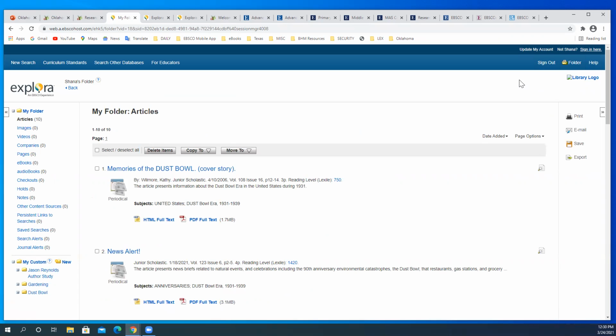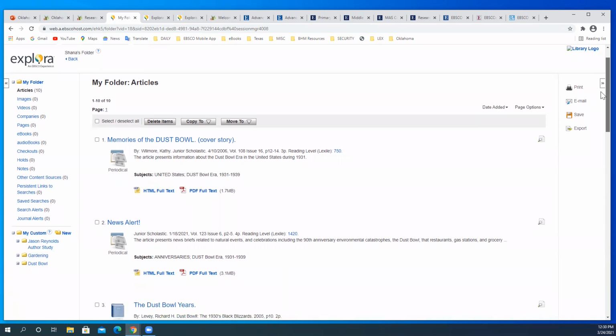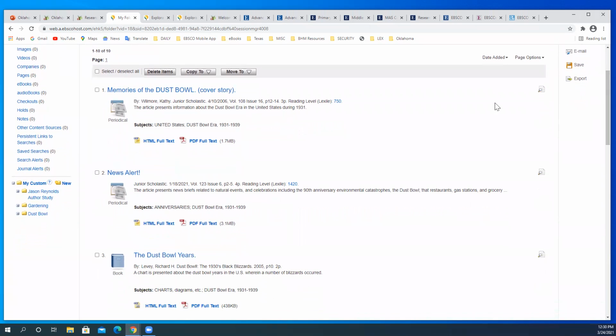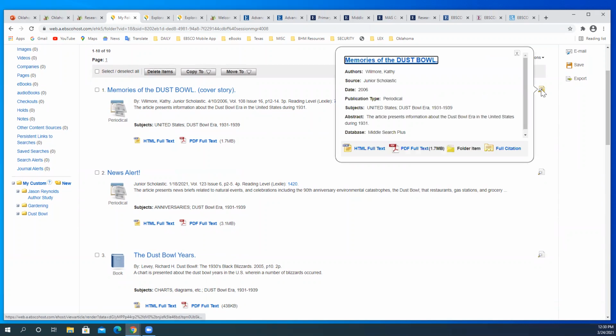And I've already saved some of those search results to a folder. I'm just fast forwarding to quickly move through the end of our session here since it's ending soon. You can see here that I have a number of articles from that Dust Bowl search that I conducted. Once again, I can view the abstract to see if it's something that I really want to use in my assignment, right? So coming over here to view the magnifying glass,